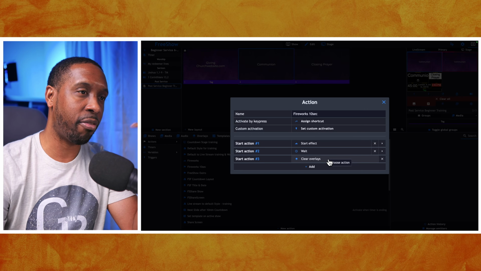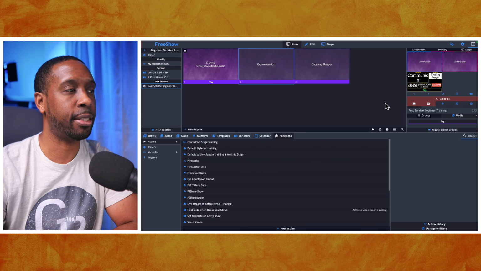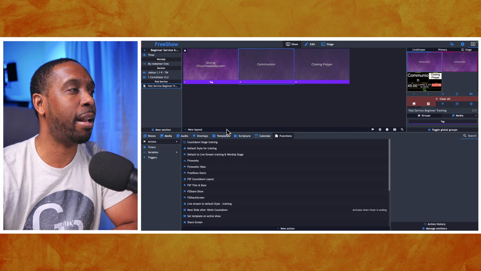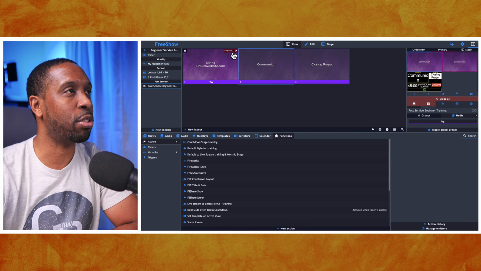So it's going to stop the effect ultimately. All right. So now I can close that and it's called fireworks 10 seconds. And I'm going to put that on to this first slide. So I'm going to select my fireworks 10 seconds. I'm going to drag it up and you'll see now I've got a little icon here that shows that I